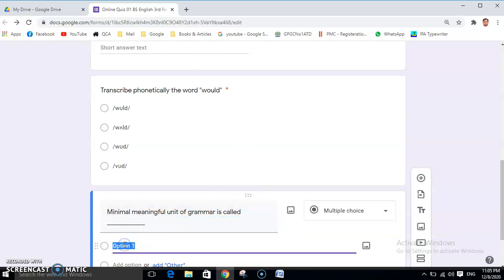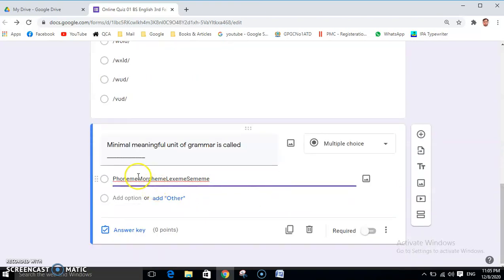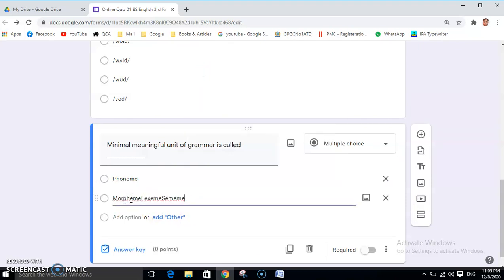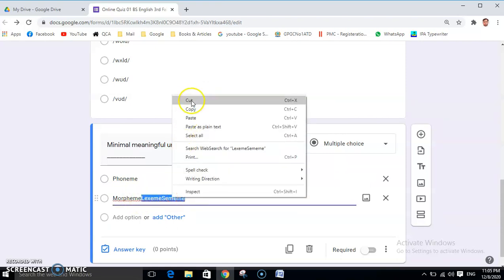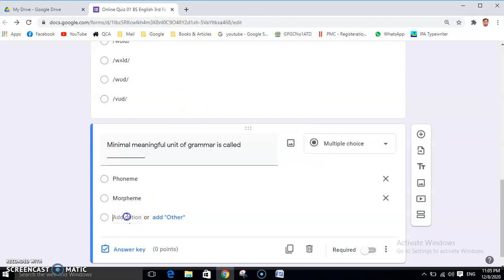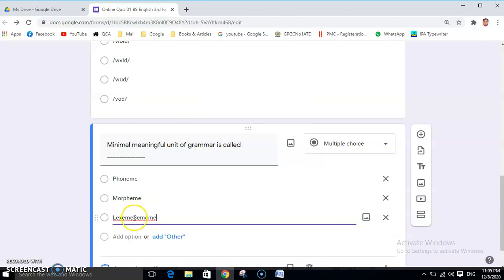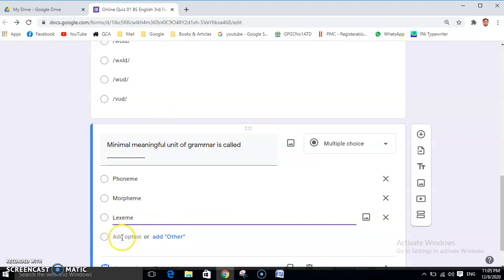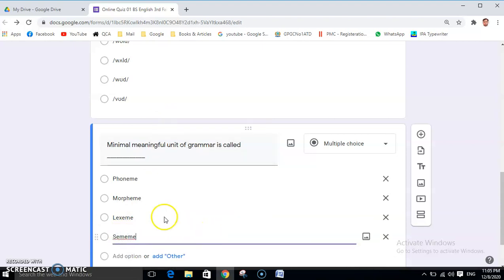So option number 1, I am copying all the answers, and here is another option. You can type all these options if you have a good speed, but I'm just cutting and pasting quickly so the video time is very short. Let me click here. So all the options have been given.